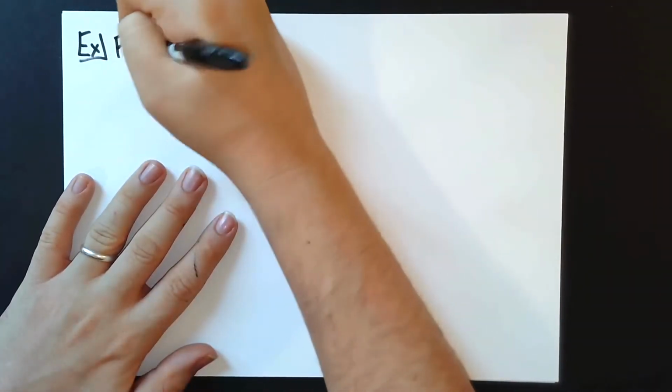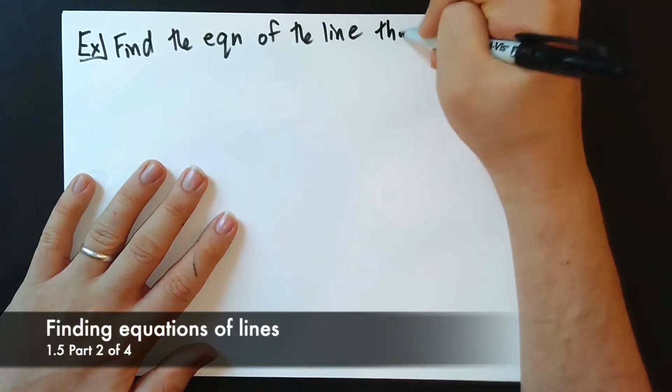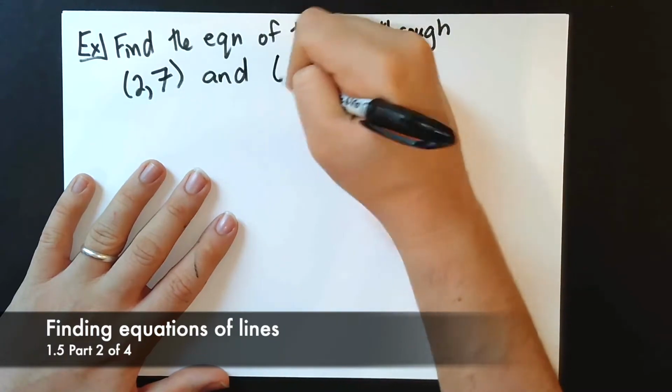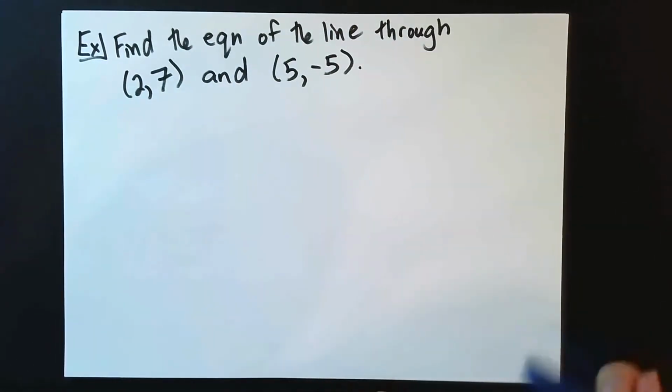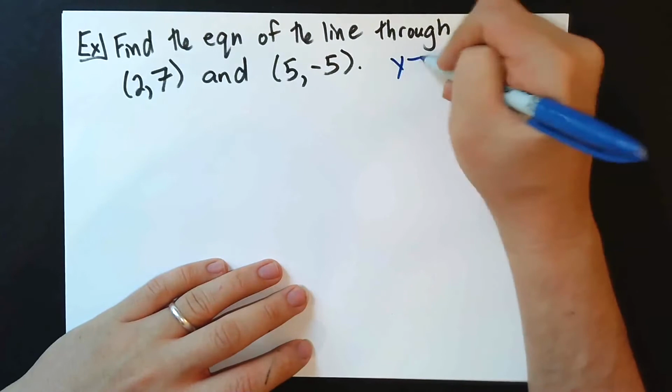So this might very well be the kind of question that you have done the most times in your life. I'm given 2 points, and we're asked to find the equation of the line through them. Whenever you're given a question like this, the first thing you want to do is figure out the slope. Because remember, our answer is going to look like y equals mx plus b,